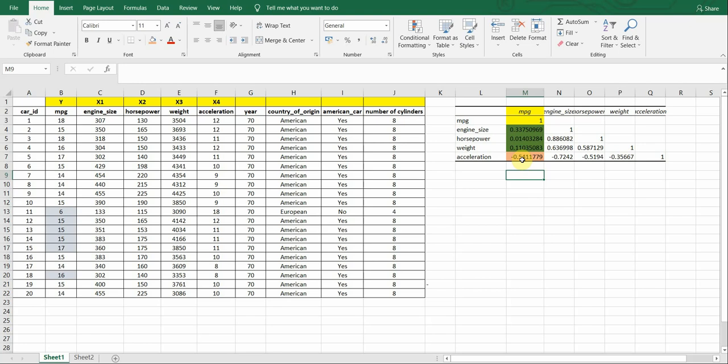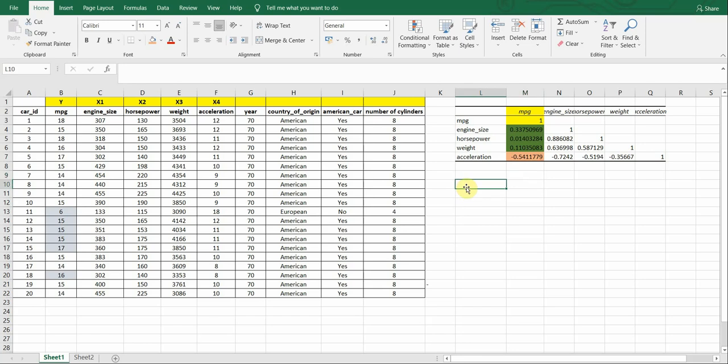Less than negative 0.5, we say it is a strong correlation. So as per that, your acceleration has a negative strong correlation with MPG. So this is the interpretation that we will be writing for the output that we have obtained.